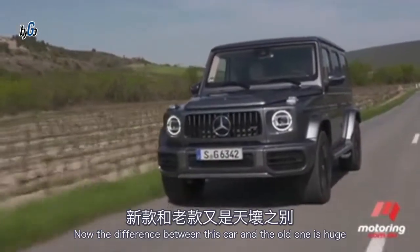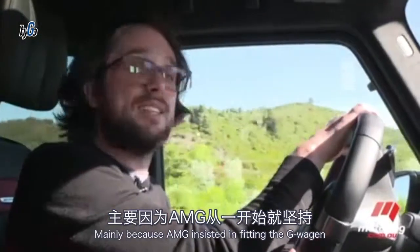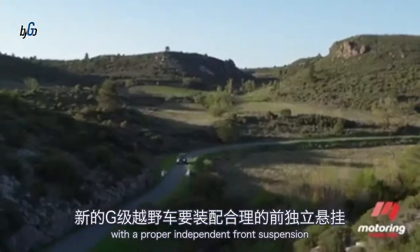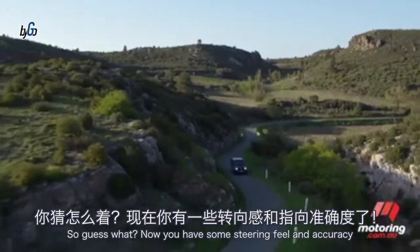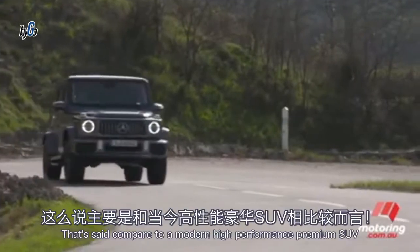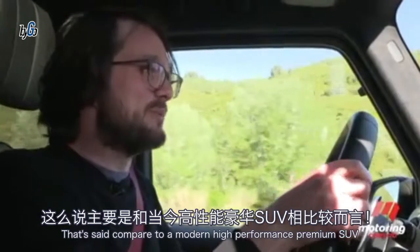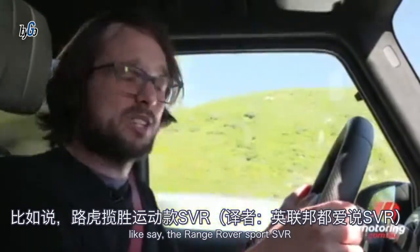Now, the difference between this car and the old one is huge, mainly because AMG insisted on fitting the G-Wagon with a proper independent front suspension. So guess what? Now you have some steering feel and accuracy the old car just did not have. The old car was, quite frankly, terrifying. That said, compared to a modern high-performance premium SUV like, say, the Range Rover Sport SVR,